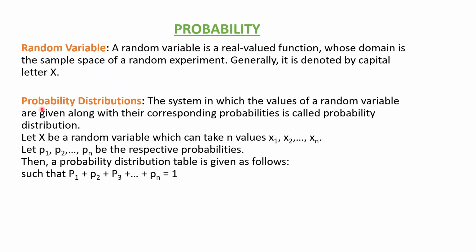And probability distribution means the variable is having different probabilities. The system in which the values of the random variable are given along with their corresponding probabilities is called probability distribution. So if X is a random variable, it can take n values x1, x2, xn, and respective probabilities p1, p2, pn, where the sum of p1, p2, p3, pn will finally be 1. Okay, so in that case,